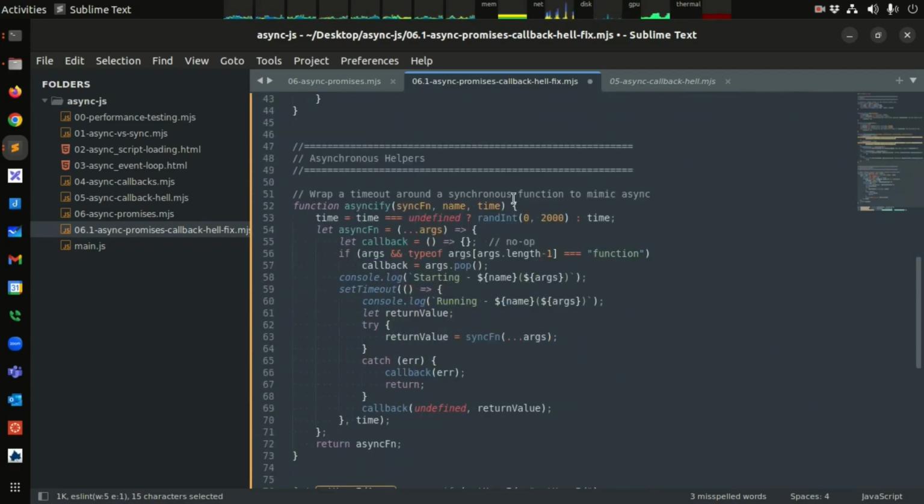We made this asynchronous helper last time. Asyncify takes some synchronous function. You pass it a name, and that's just for logging purposes. And then the time is how long you want to delay it. So what we do is we want to return a function that behaves asynchronously. This is just the default time if we don't include that. So we have an async function with some arguments, and then we're basically going to run the async function inside of a set timeout,